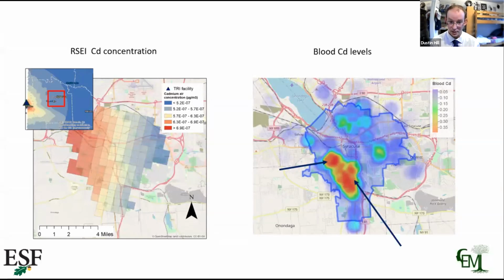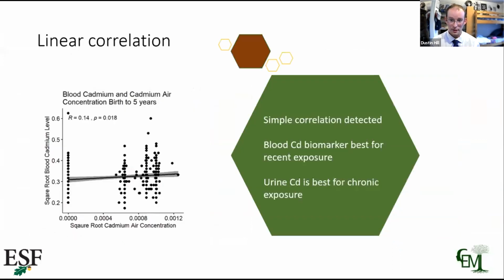And they, similar to mercury, appear to follow the same pattern of RISI air concentrations of cadmium in the city. But starting with a linear correlation, there was a slight linear correlation between the two,